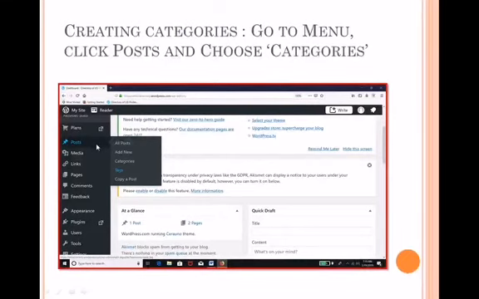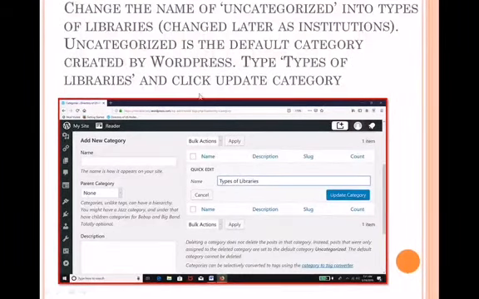I will enter all the information about that particular librarian, and I will place this post under a category called university library, or I will place this under the category called assistant professor. You can keep a post in more than one category, so there is no problem. Let us see now. So go to dashboard, left side panel, post, click on add new. Click on add new, you will get a page.